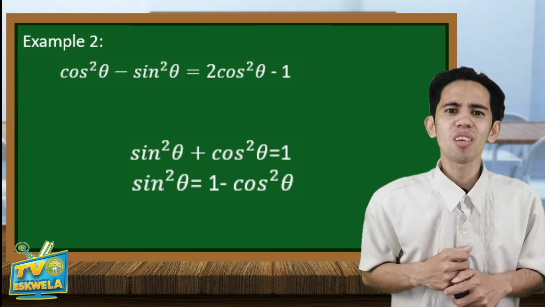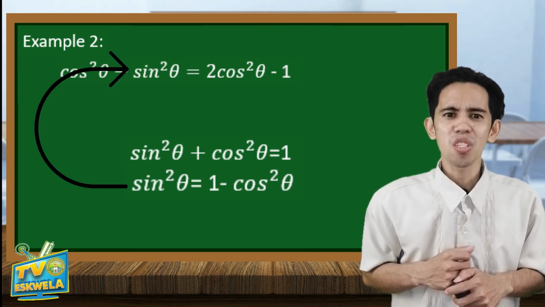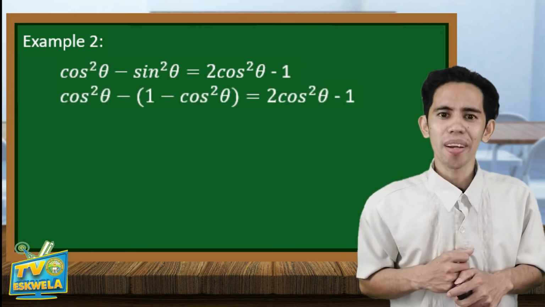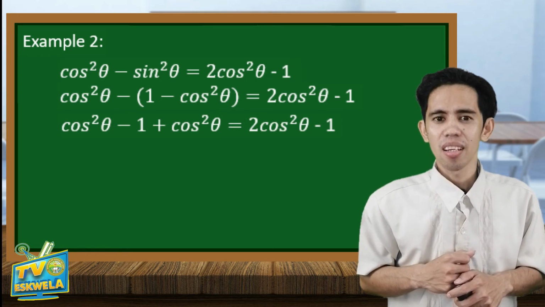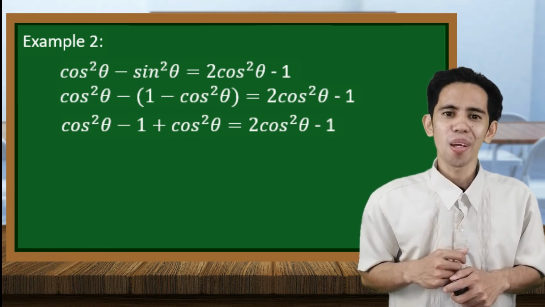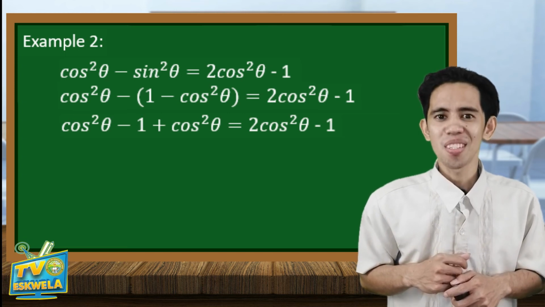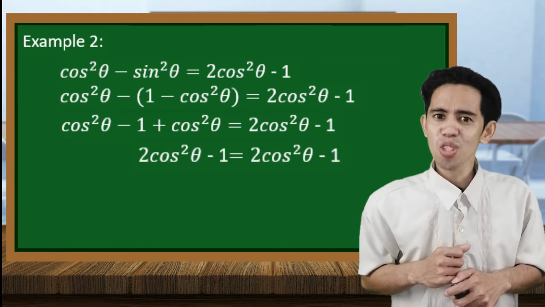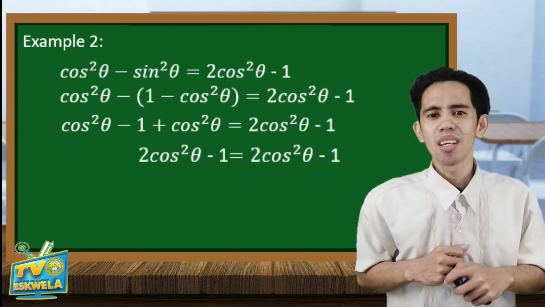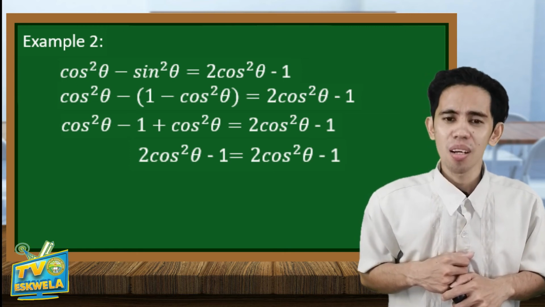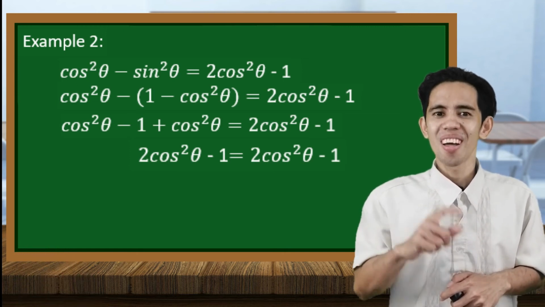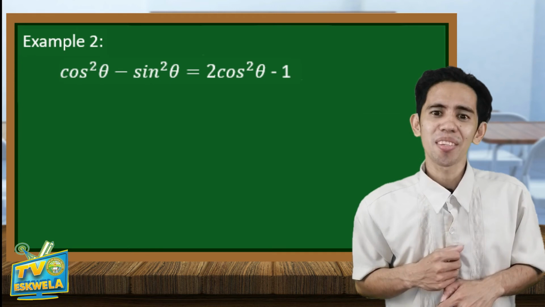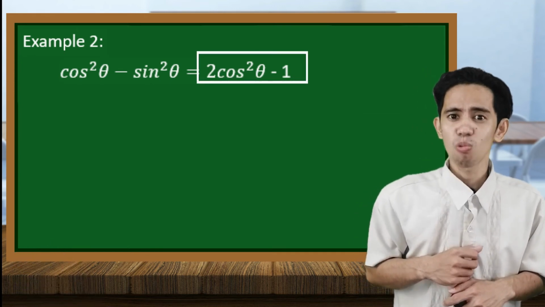Then, substitute the value of sine squared theta, which is 1 minus cos squared theta. Then remove the parentheses and simplify. And cos squared theta minus 1 plus cos squared theta is equal to 2 cos squared theta minus 1. We come up with 2 cos squared theta minus 1 is equal to 2 cos squared theta minus 1. Then, they are identical. How about if we're going to manipulate the right part of the equation, which is 2